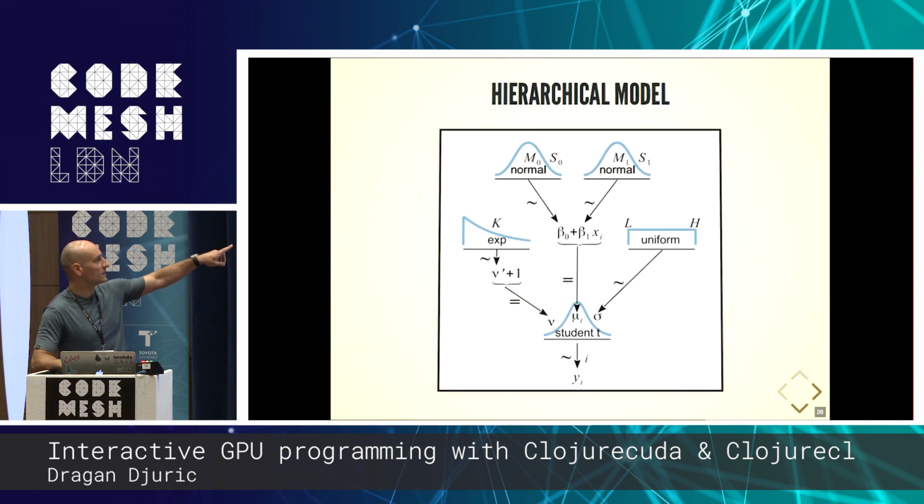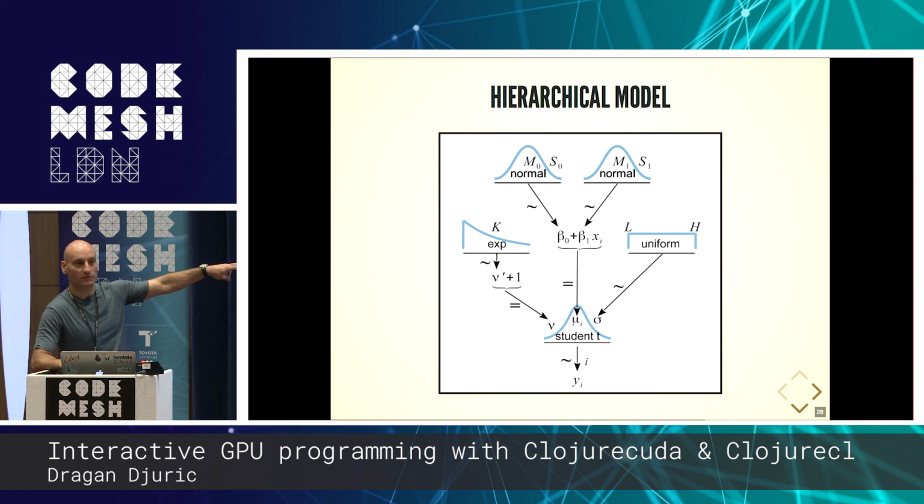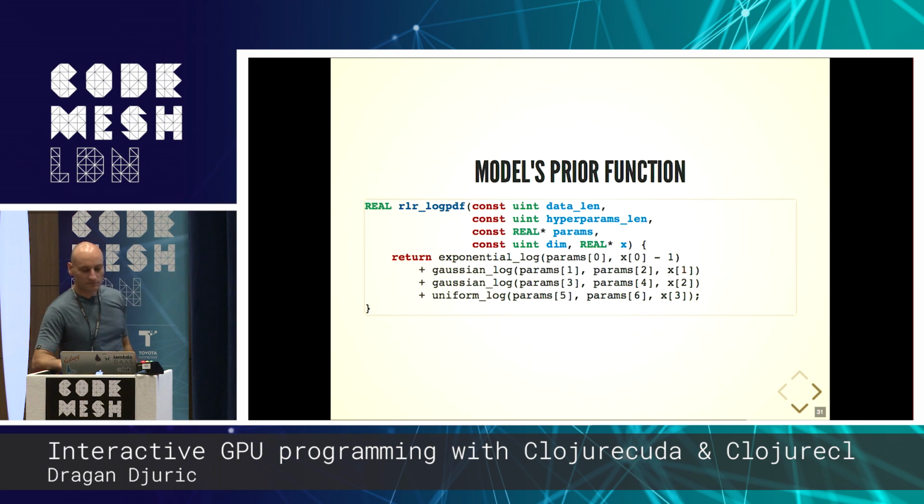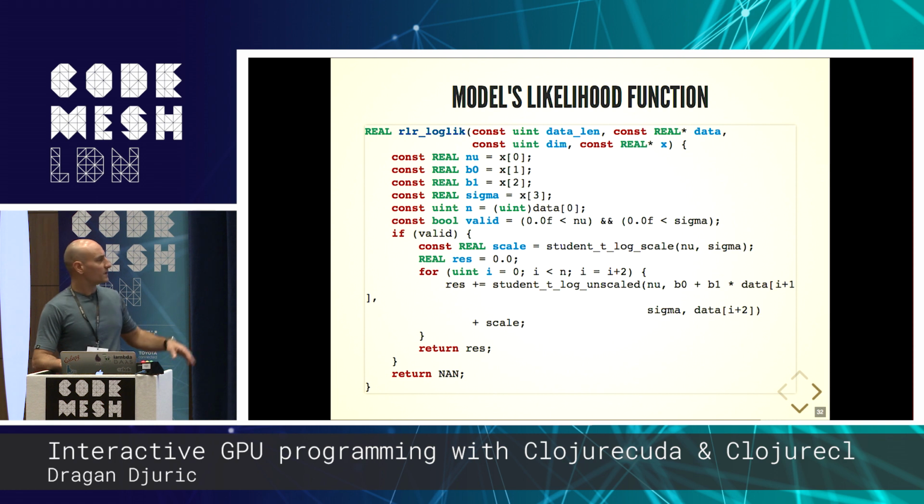From this slide, you see 2 normal distributions, 1 exponential, 1 uniform. I use this here to just specify how the prior function should be computed on the GPU in the kernel. Likelihood is a bit more complex, but still, I only have 1 loop computing this posterior for all 300 data points. Also, not some heavy or complicated C, just something that any competent programmer can